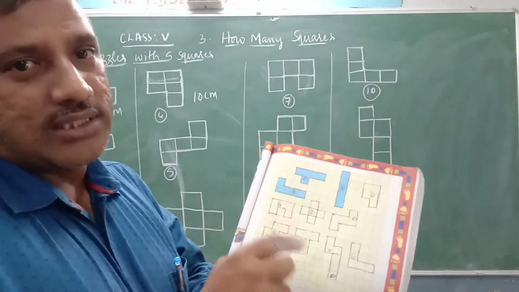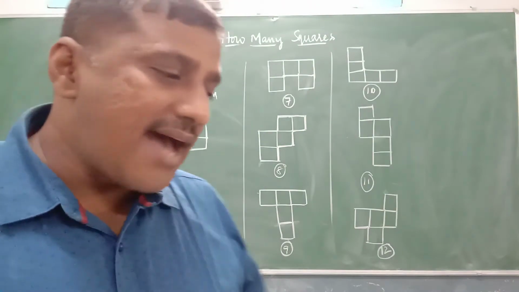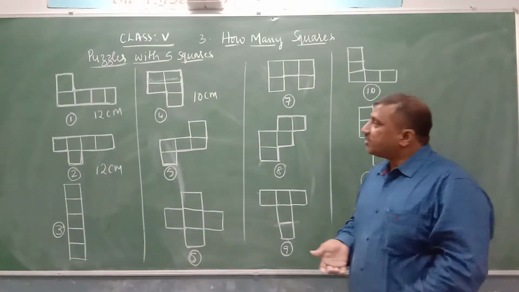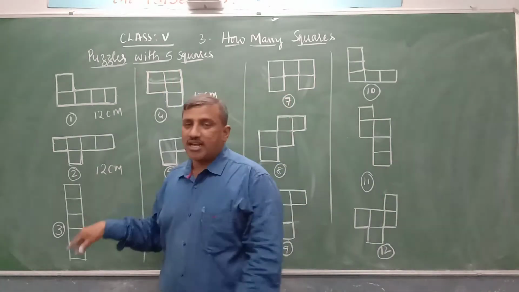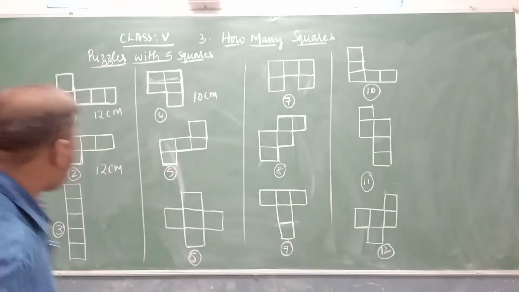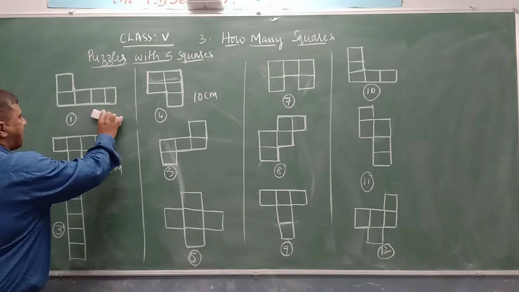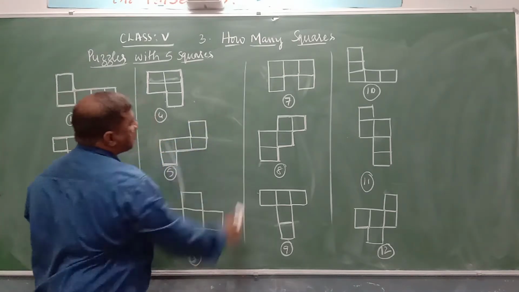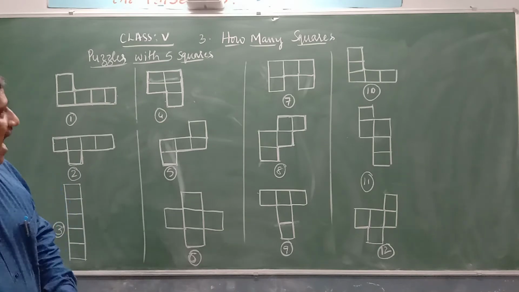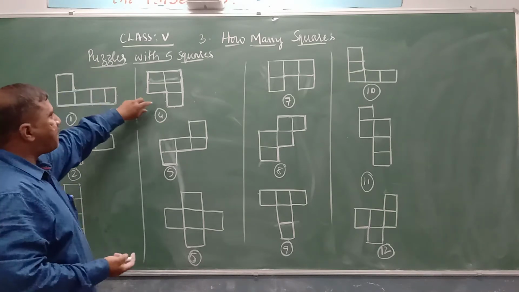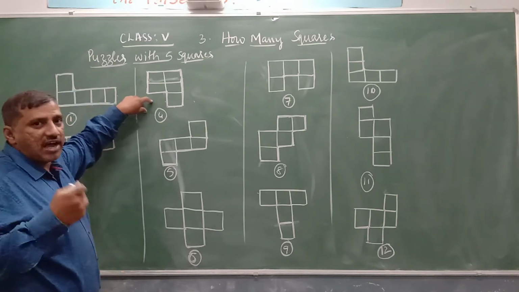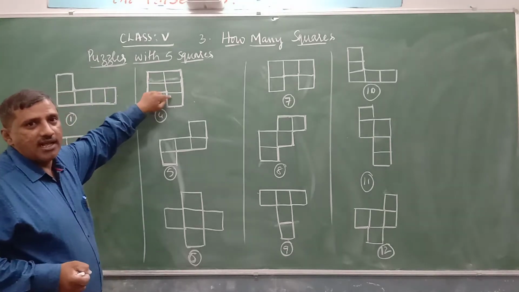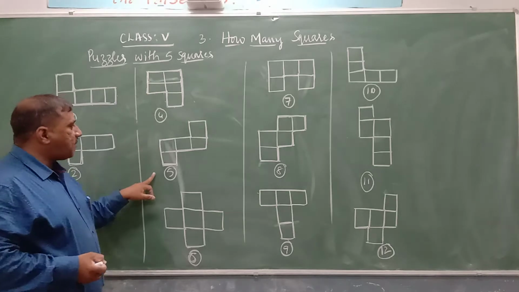So like this, using 5 squares, draw as many shapes as you can in that square sheet. So the first 3 are given here, as in the square paper. Now we will try to draw the different shapes also. Yes, here I have drawn this one shape where we find 5 squares. 1, 2, 3, 4, 5. 5 squares are there. A shape and shape number 5.